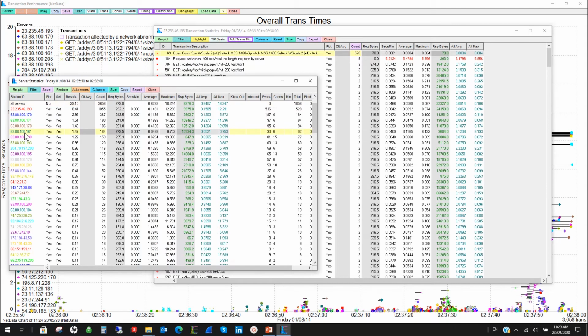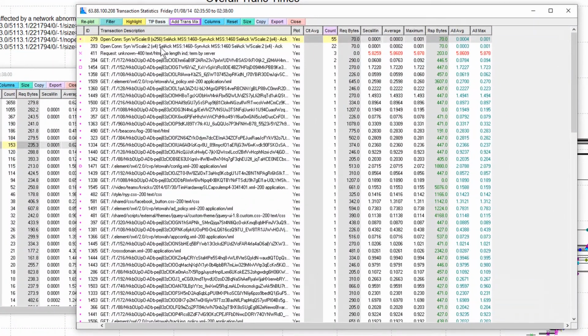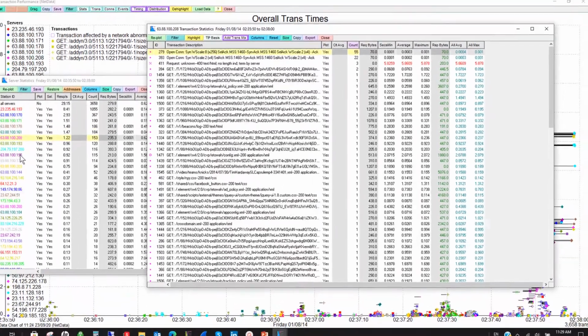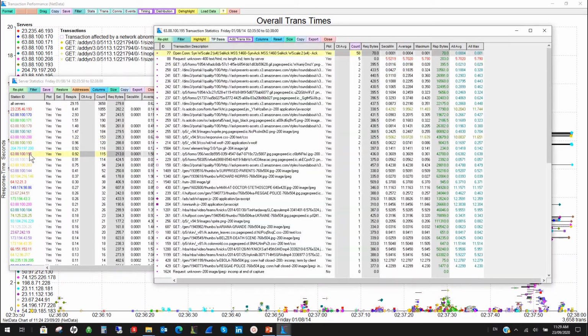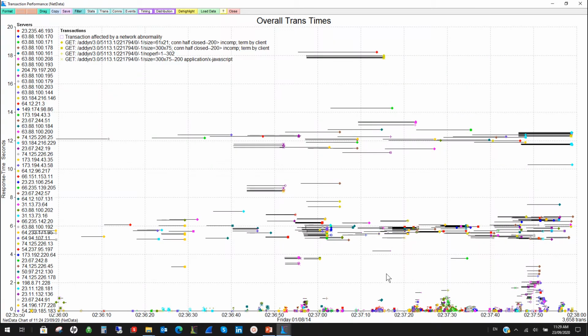If I pick this one or this one, there's two different kinds of SYN packets. One with a window scale of 2 and some with a window scale of 8. But the point I'm trying to make here is that because we're looking at things color-coded by servers, all the statistics here are by server. And so zooming in, we see that there's a cluster of activity down here,